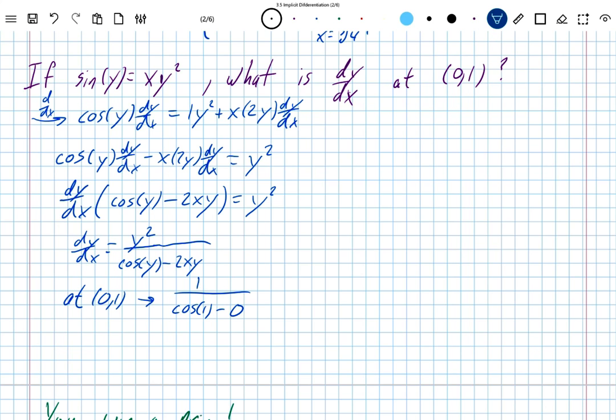Let's see the easier way, shall we? Hopefully that made sense, because you'll still need to do that. If, however, you know that you've got a point here that you're worried about, you can make your life easier right after you take that derivative. Right after you take the derivative, you are in good shape to save some work on the algebra. So instead, let's just plug in right away, rather than waiting till the end. So if I plug in, I get cosine of 1